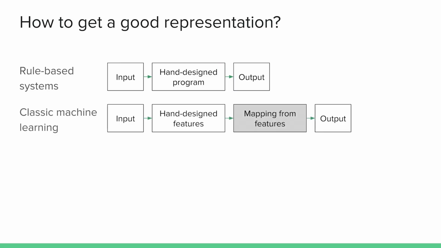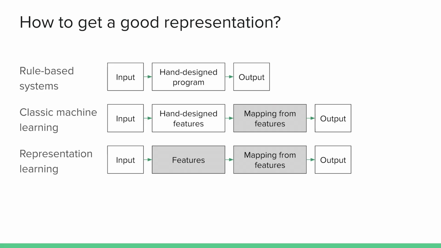With classical machine learning, we expanded this idea and split up this entire problem solving from one step into two steps, where we said, okay, maybe we can extract some features from our input and then let the machine map these features to what we actually want in the output. That's classical machine learning. And when we now talk about representations, we want these features